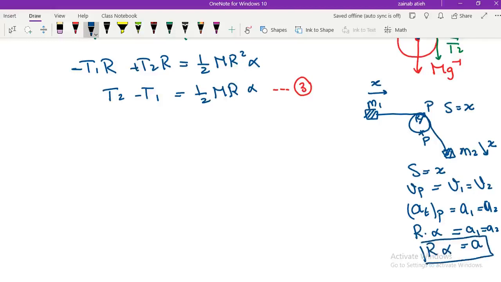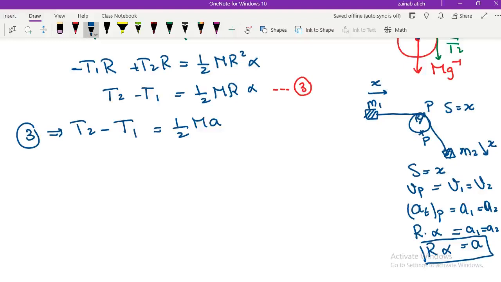ال A هي الاكسلريشن للM1 والM2 والألفا هي الانجولار acceleration للبولي. عطول فيها نستعملها, don't prove it. Okay use it directly. So هون أنا فيني بدل محل ال R alpha ب A بتصير عندي ال equation 3 will give me T2 minus T1 equals half MA. لاحظوا هلأ صار معي 3 equations 3 unknowns. شو راح أعمل أنا؟ راح أجيب من الإيكويشن الأولى T1 راح أحطها هون والإيكويشن الثانية T2 راح أحطها هون